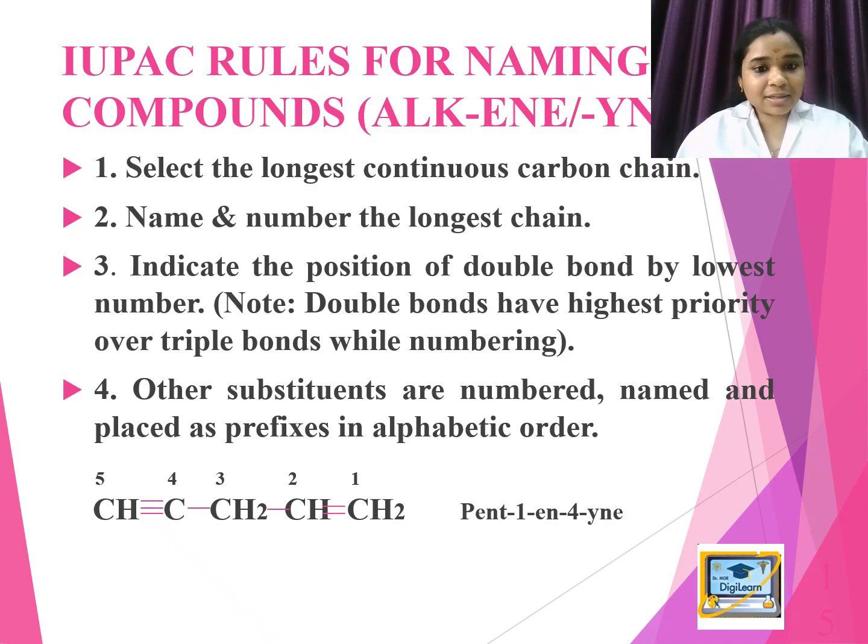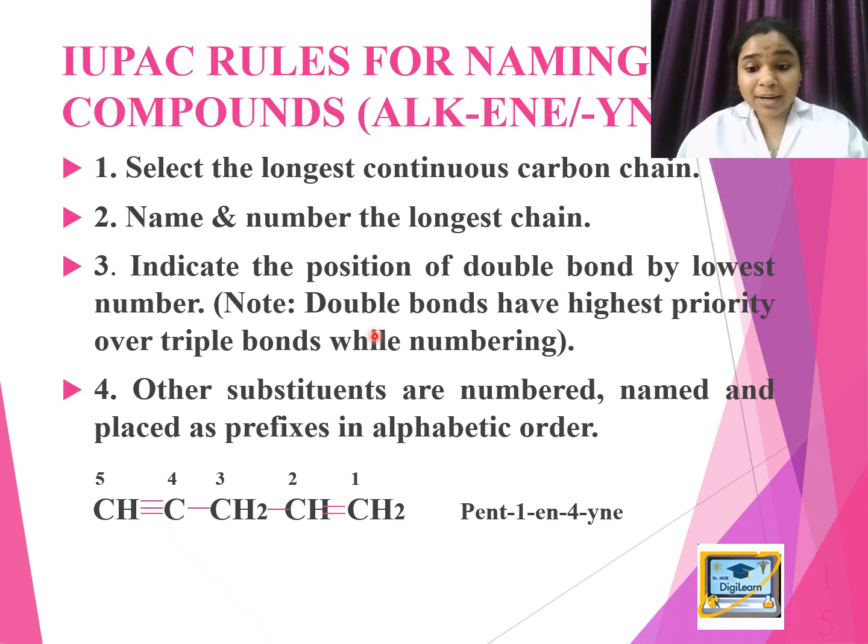Rule number 1, select the longest continuous chain. Rule number 2, name and number the longest chain. Rule number 3, indicate the position of the double bond by the lowest number. While you're numbering the longest chain, keep in mind that the double bond should get the lowest number,